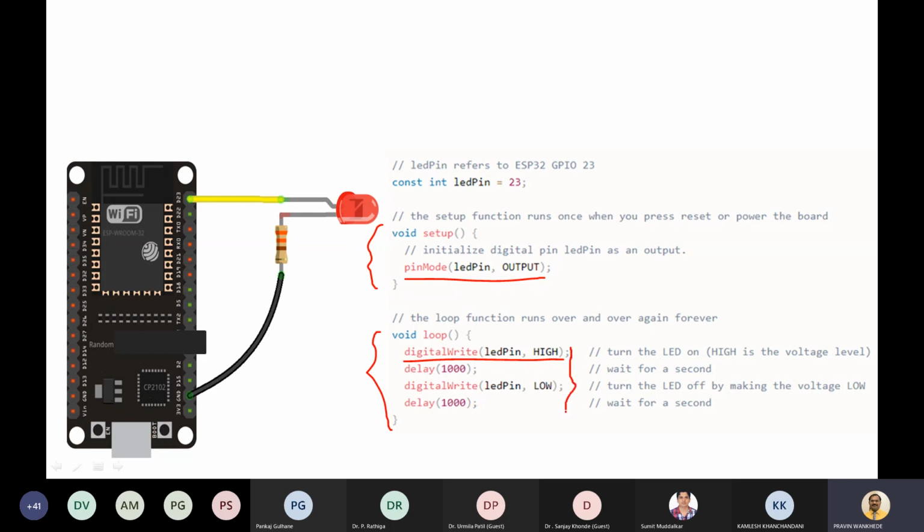So these all 4 lines we have added in a loop, so that these 4 lines run continuously in the loop for infinite time, and it will blink the LED continuously. So in this way we can connect the LED at whichever GPIO pin that we want. There we can connect this LED.